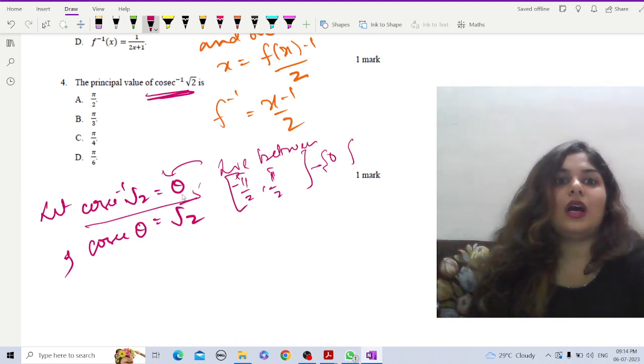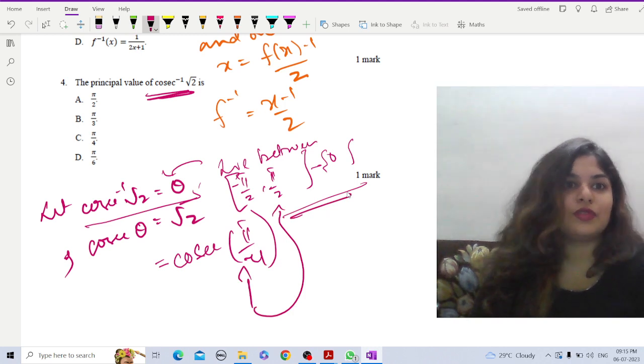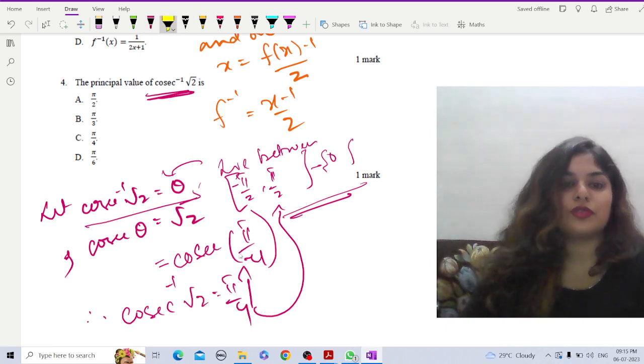Now cosec theta equal to root 2 is equal to cosec pi by 4. Now pi by 4 lies in this interval very easily. Therefore I can say that cosec inverse root 2 is equal to pi by 4. So pi by 4 should be our answer. That is option